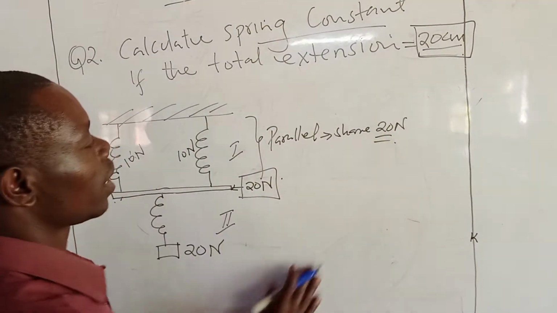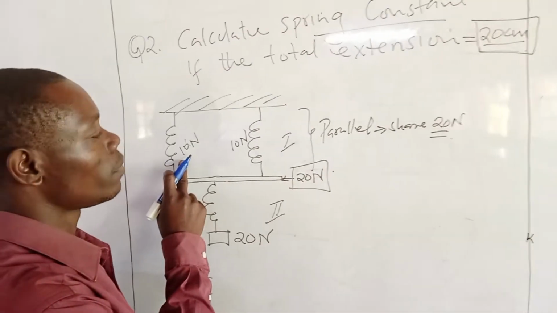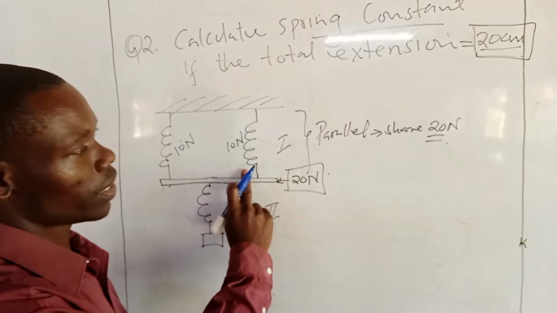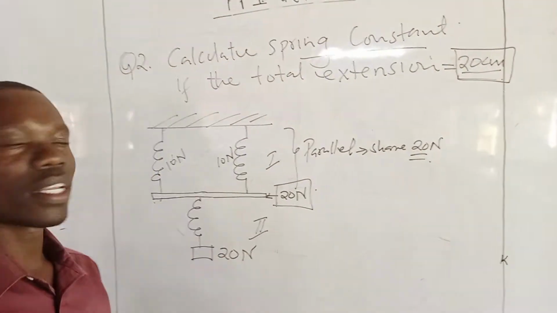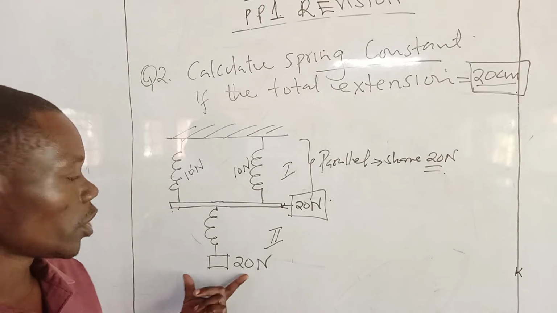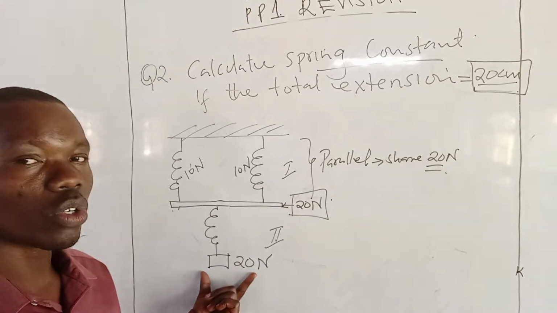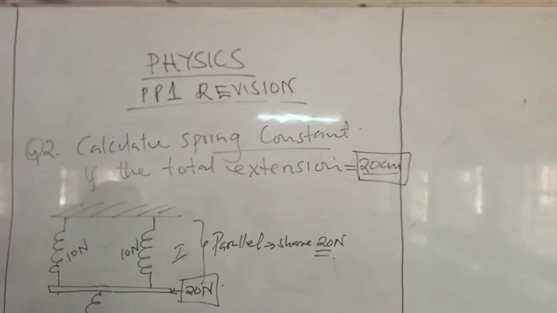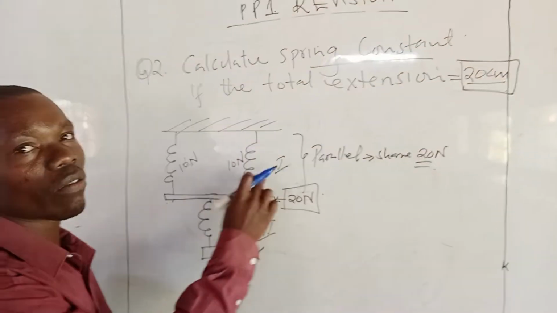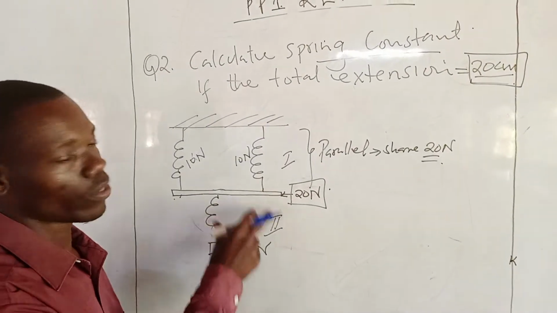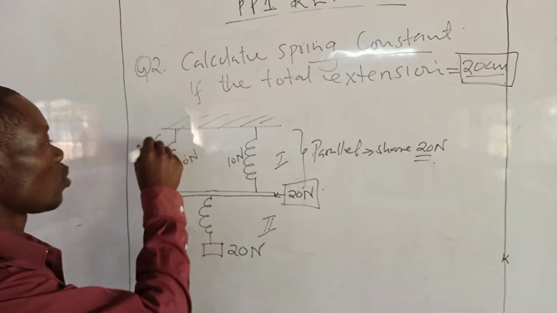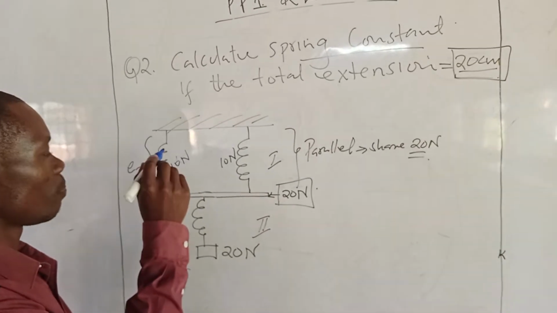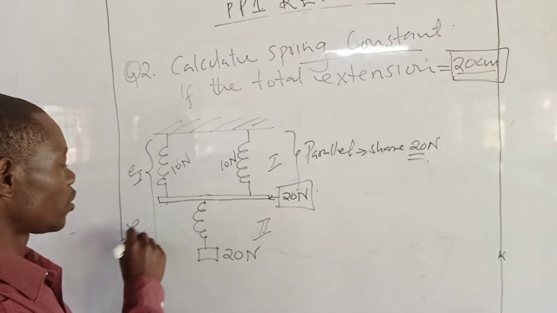the weight equally, such that this spring will be supporting a weight of 10 Newton, while the other spring is also supporting a weight of 10 Newton. This lower spring is supporting 20 Newton, so it is not sharing 20 Newton with any other spring. Now, the total extension given will be the extension for any one of the upper springs plus the extension for the lower spring, such that total extension will be extension in part 1 for one spring plus extension in part 2 for